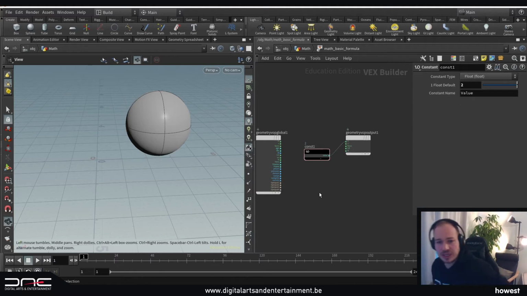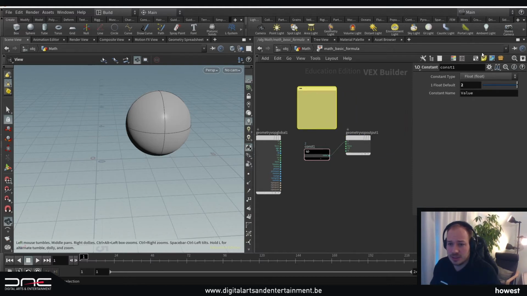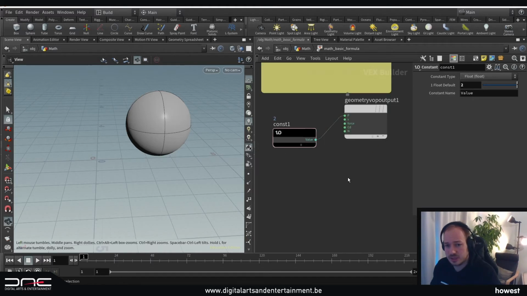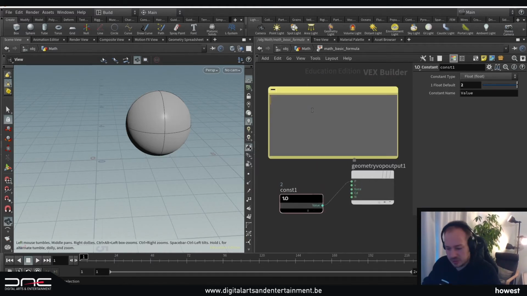So if you remember, and I'll make a quick note here for it. In Houdini, on the top right, you can add this notepad, this little yellow sticky note. I can add this here quickly, and I'll write in there what our formula was, just in case you forgot. So we wanted the square root